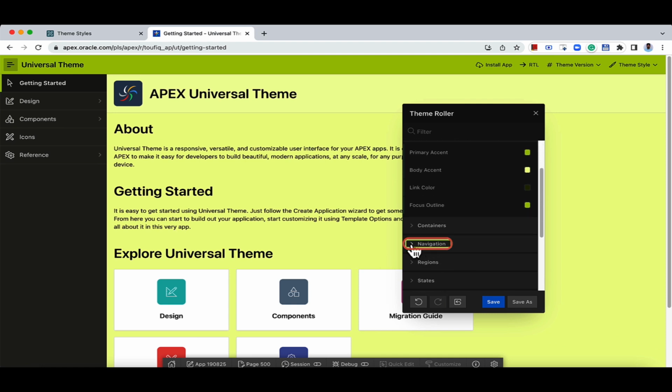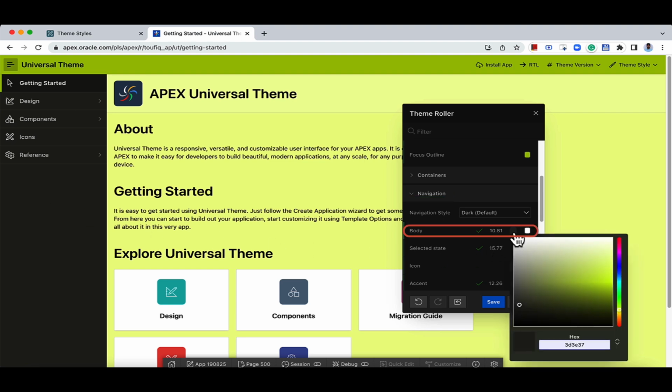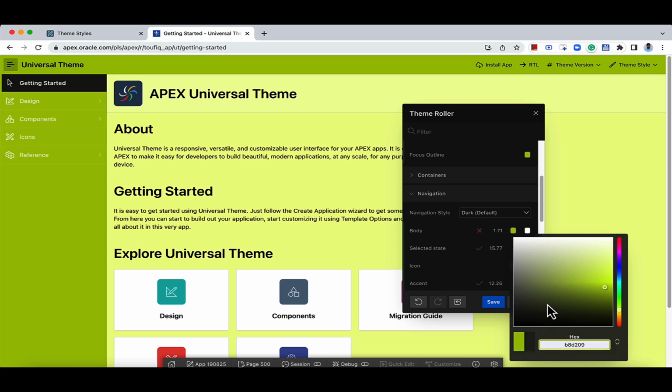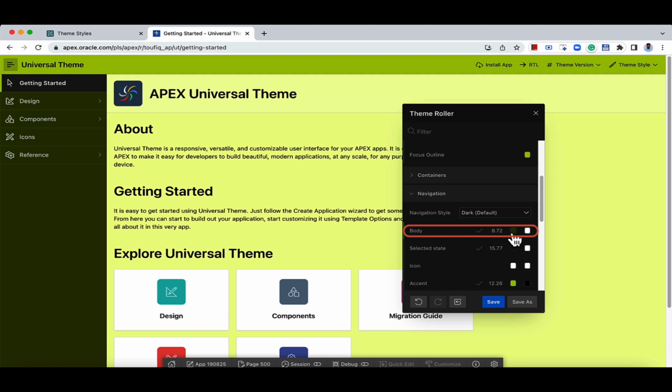So here we have a group called navigation. The black color you see is the one that is selected here. I can change this to be in line with what I have in the primary accent, but that is not visible, so let me make it a little darker. This looks good. Now another point to note here is, once you've selected the background color, the foreground color which